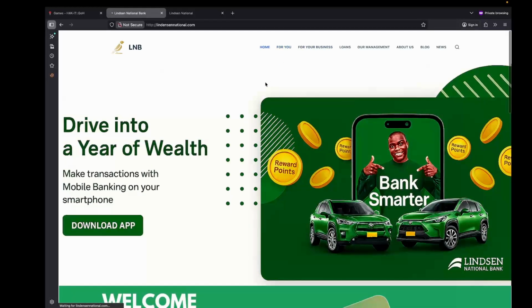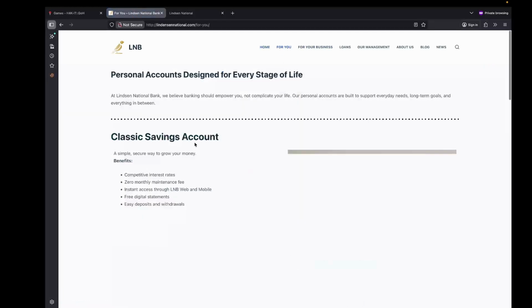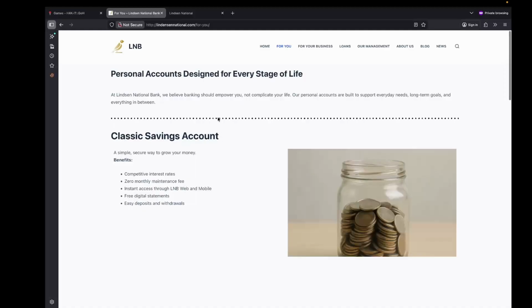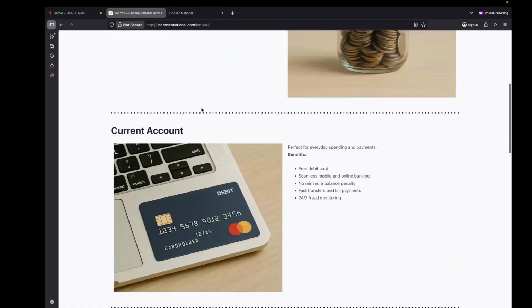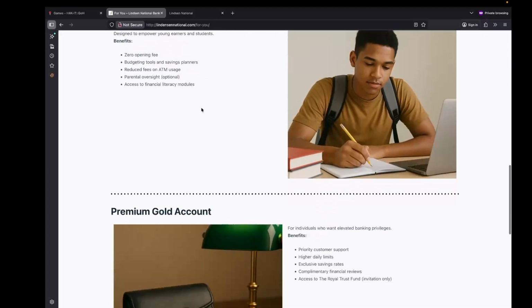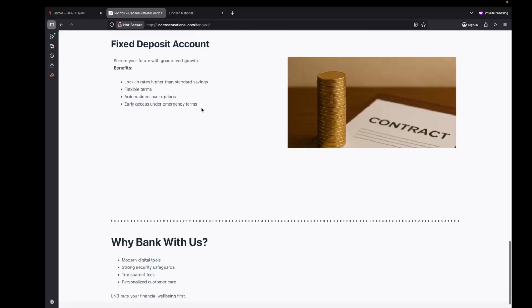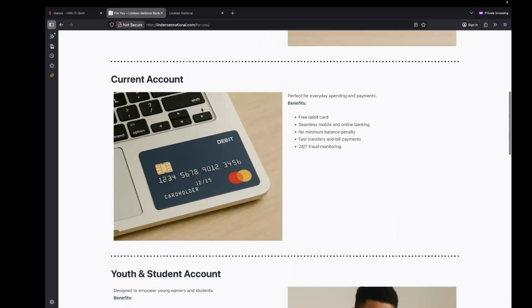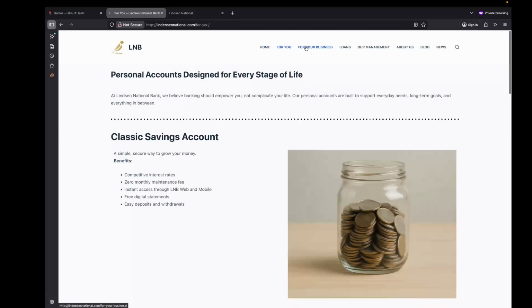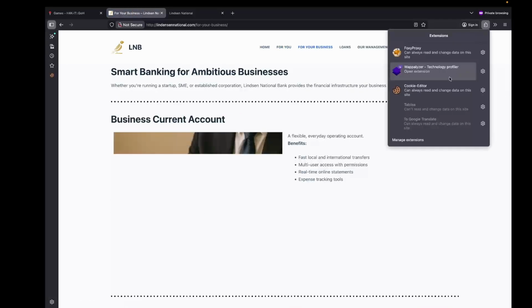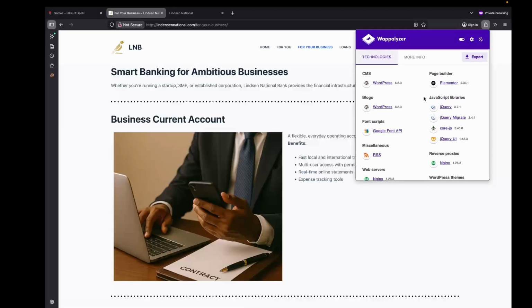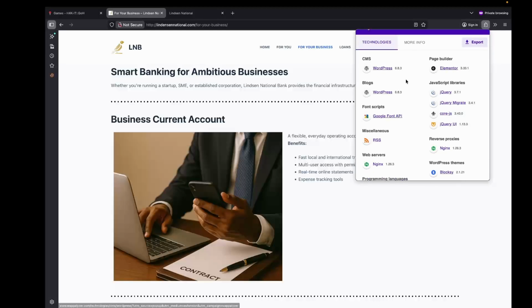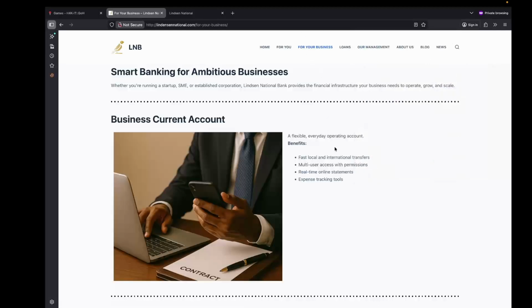As you click around, you'll see their personal accounts. We can have a classic savings account, current account, youth, student, and what you are basically doing here is just learning how this site is. We can also check for its technology, and we see that it's built using WordPress 6.8.3, so pretty recent.